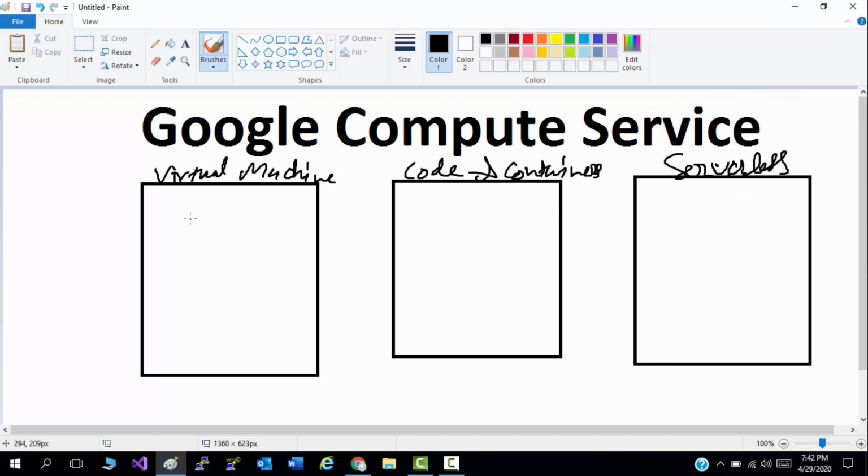In virtual machines, we will get VMs. We can create Windows and Linux VMs, and we can run containers also.